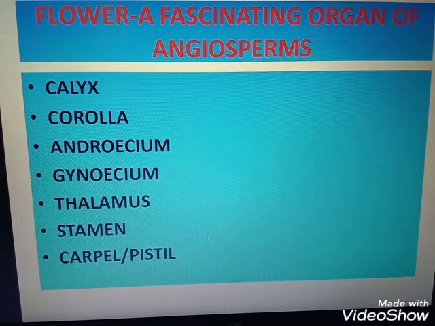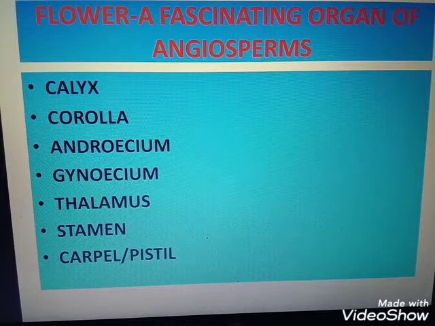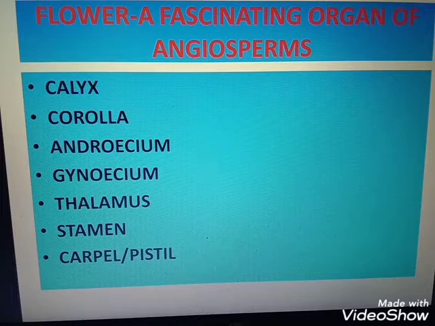The next question is: in maximum angiosperms, pollen grains are shed at the two-celled stage. Name the two cells. One is the vegetative cell and the other is the generative cell. Next question: which three cells are found in the pollen grain when it is shed at the three-celled stage? One is the vegetative cell and the other two are male gametes. So almost all the questions are repeating.